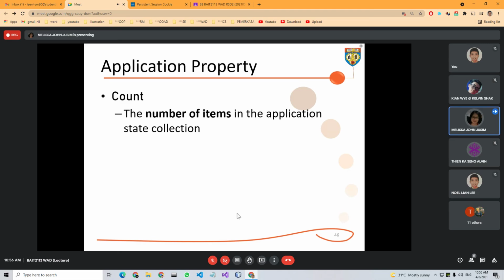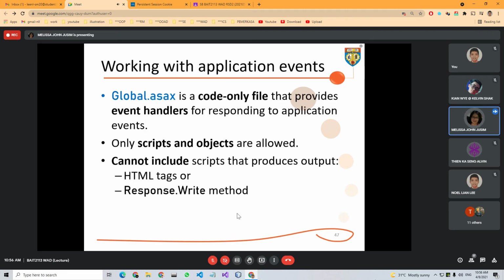How about the property for the application class? Count. So we can count the number of items in the collection. Okay, next is the global.asax file. If you want to work with application events, this is the file. It's a code-only file that provides event handlers to respond to our application events.